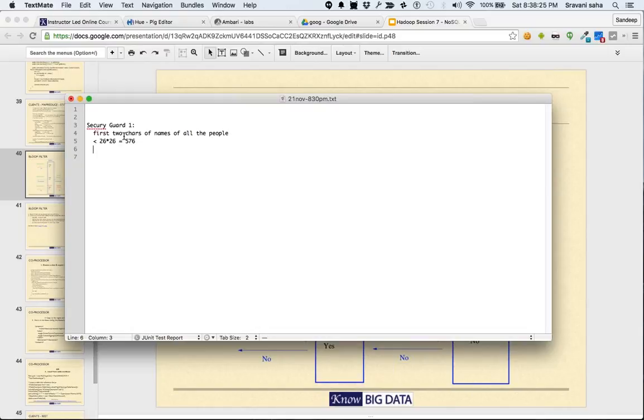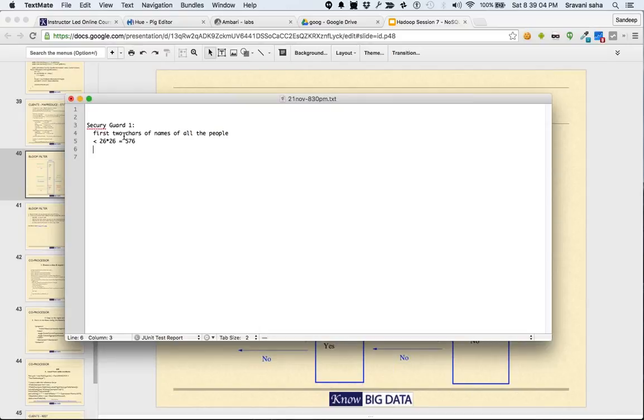By now, you must have guessed that in case security guard 1 says you exist in the database, that does not necessarily mean you are allowed, because security guard 1 is only checking the first two characters. But if somebody's first two characters do not exist in the list of security guard 1,